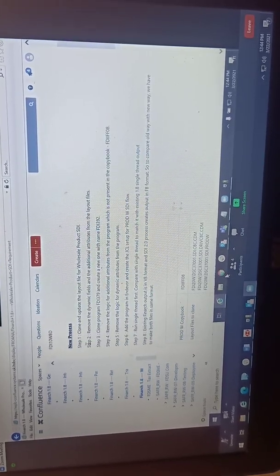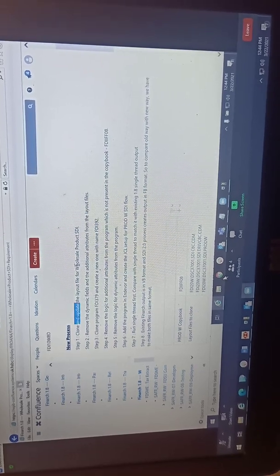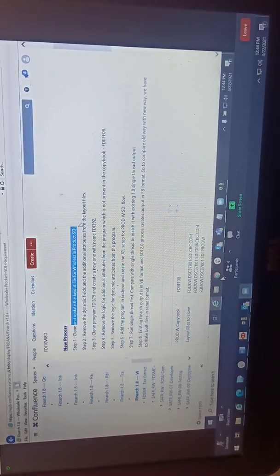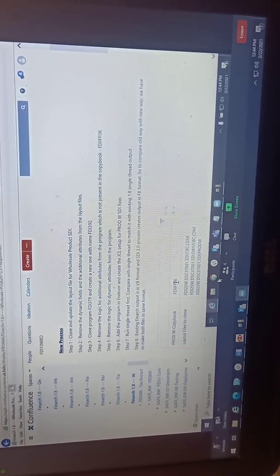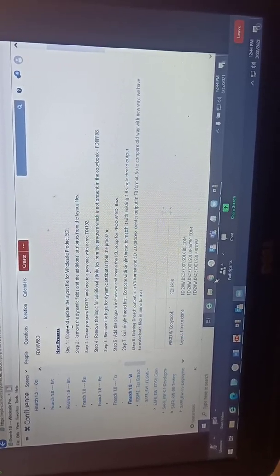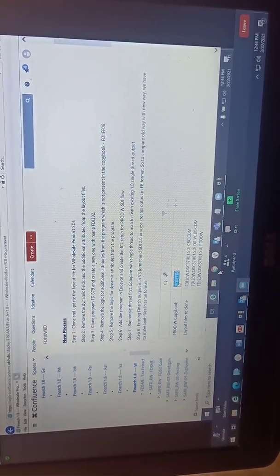Now for this product, first we have to clone and update the layout file for the wholesale product. This particular copybook is already there, but now we are working on the layout file.